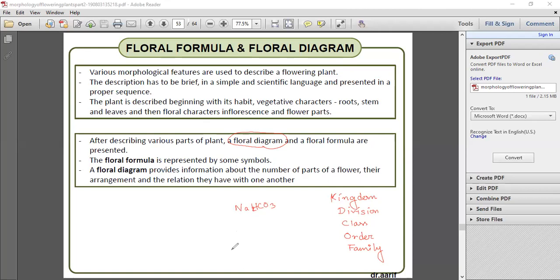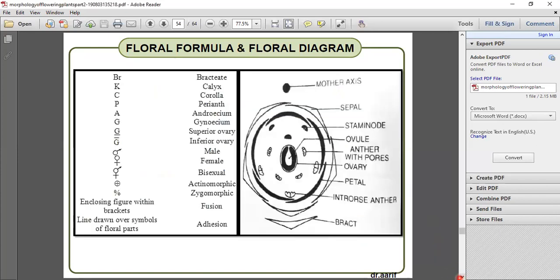So floral formula and floral diagram are two ways in which, in a symbolic way, you can present all the characteristics of a family. Obviously, each and every family will have its unique floral character and